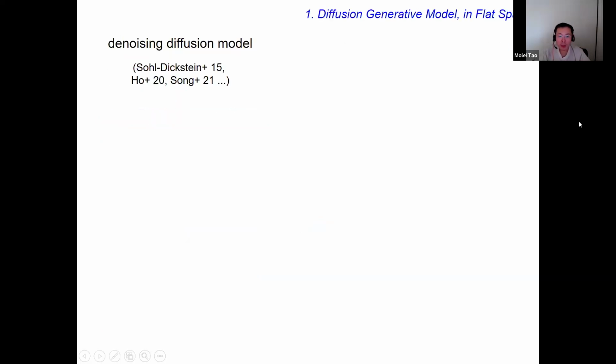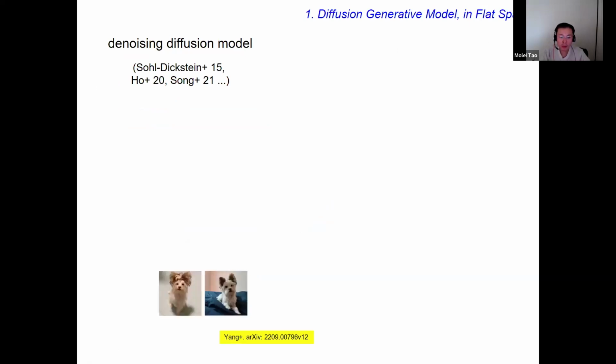The approach that I will be talking about is called denoising diffusion model. It's dominant in image and video and audio generation, but it's not the method to go to at this moment for languages. What it does is, you take a collection of training data, you keep on adding noise, and then some magic will happen. What is shown on the left is one example of a training data, a datum. What is on the right is generated.